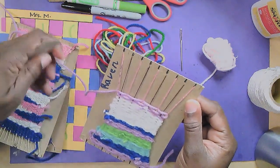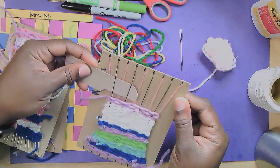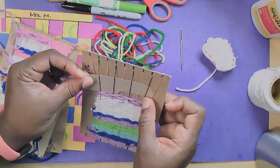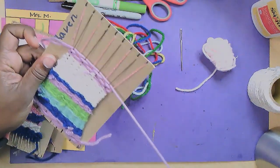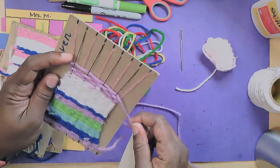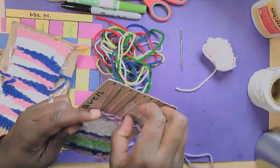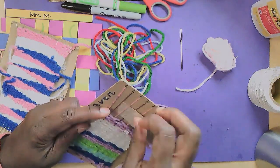And now this time, I'm going over the pink and under the brown. So under the brown, under the brown, under the brown. I actually like this piece of cardboard a little bit better than the needle because it's flexible and it can bend back and forth and get you right through. And then you pull, pull, pull. There. And let's do under the pink one more time. Under the pink, under the pink, under the pink. And so basically you're going under every other